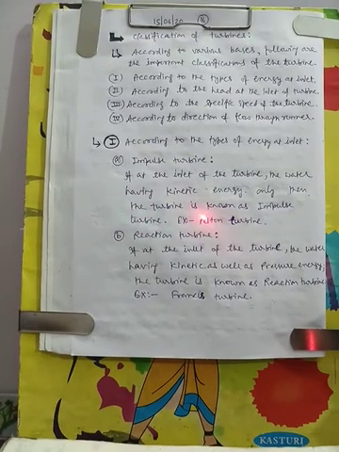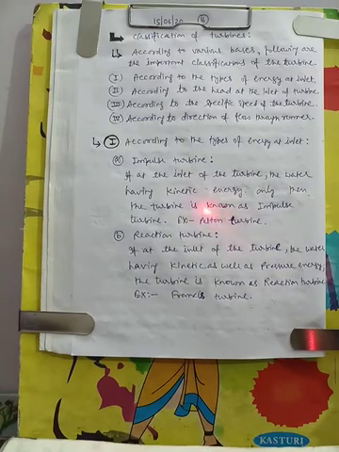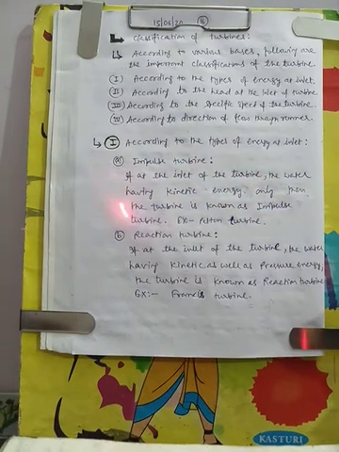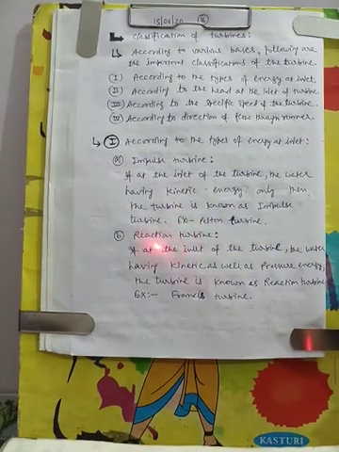One example I have given here is Pelton turbine. It is also called Pelton wheel. So when energy at inlet of the turbine is only kinetic energy, means only energy of jet, V square by 2g, only this much head of hydraulic energy is there, then it is impulse turbine.